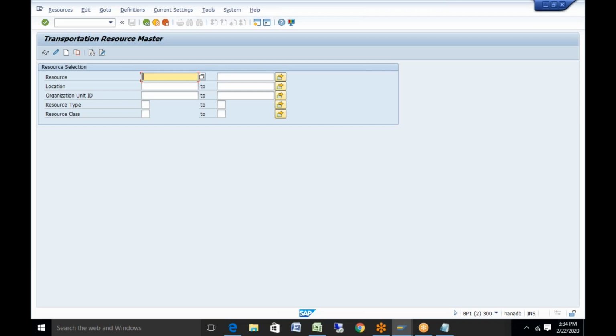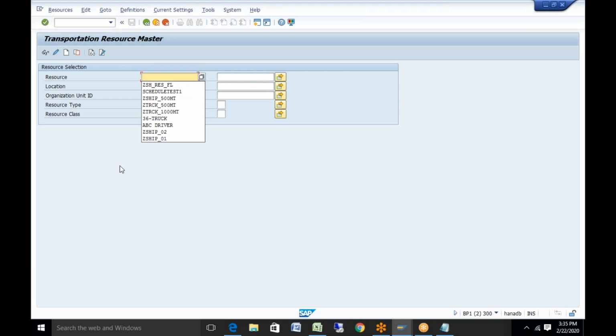Before you go, resource is very important because without resource, your actual transportation will not work. So there are various attributes you need to consider when you are defining a resource.